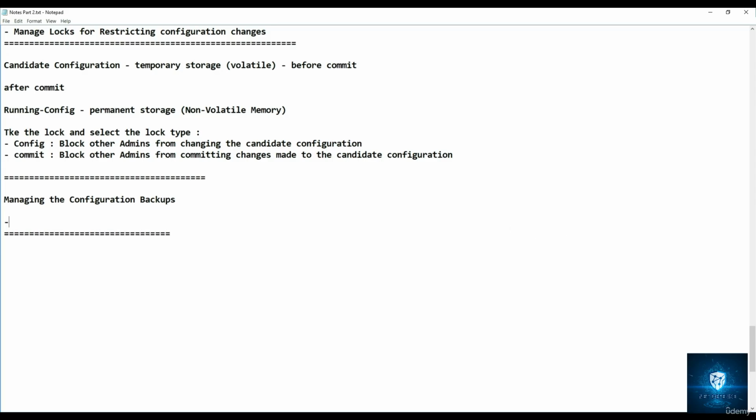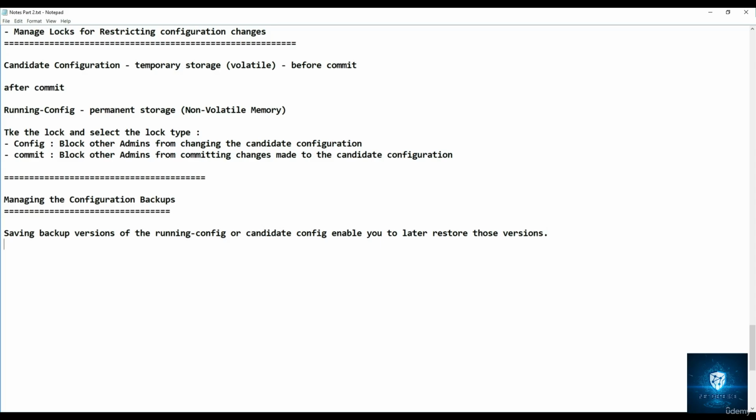So this term is very important. Saving backup versions of either the running config or candidate config will enable you to later restore those versions.